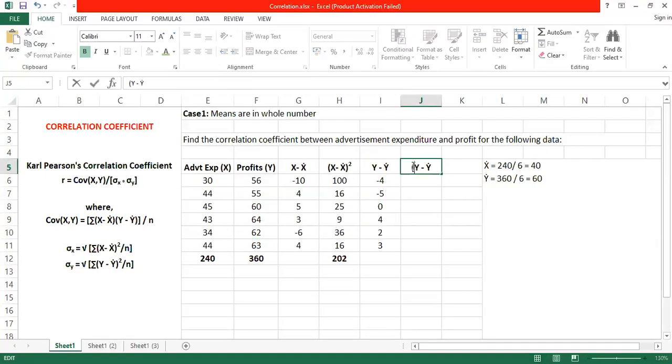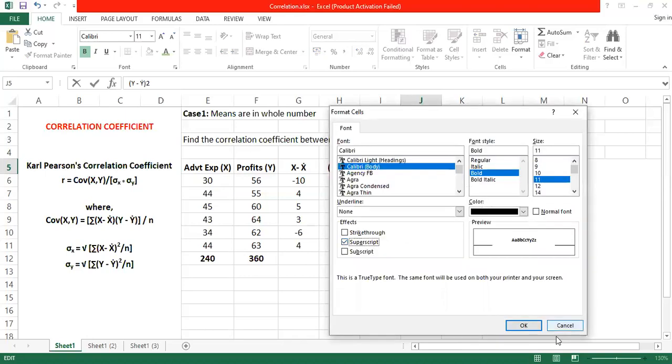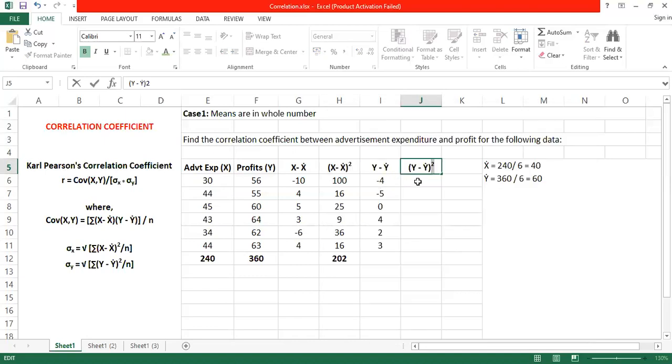The same activity which we performed for x minus x bar, right? So minus 4 square is 16, minus 5 square is 25, 0 square is 0, 4 square is 16, 2 square is 4, 3 square is 9. Now get the sum of this. So it is 70, right? One more column we need to add, which is